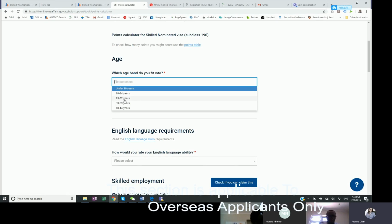25 to 32 years, they will be awarded 30 points, and 33 to 39 will be awarded 25 points. You can see why I'm saying we just need to target clients. We're not going to answer all the inquiries, they are not eligible. So if the clients are around this range,